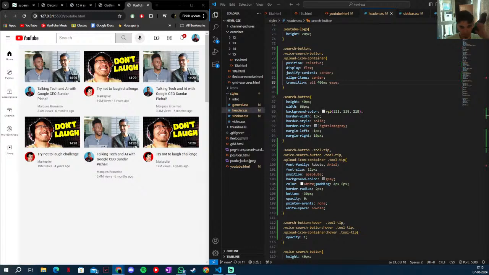So let's scroll up and we already have this code here that sets to position relative and centers everything. We're going to add to this